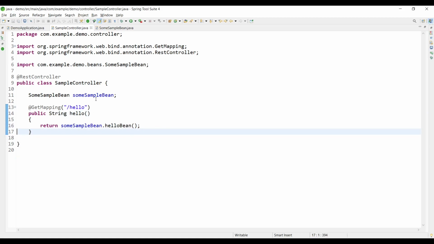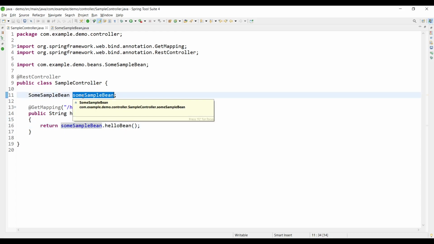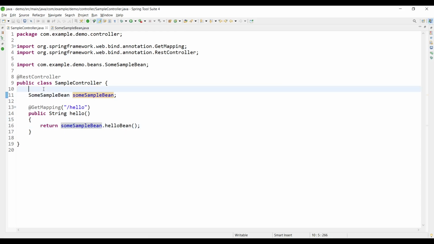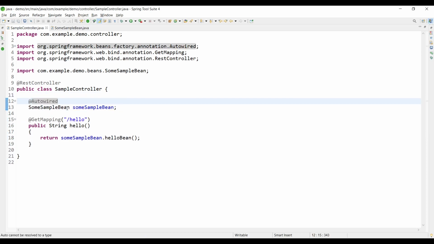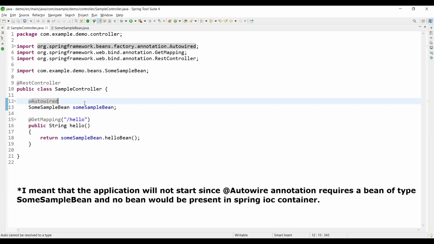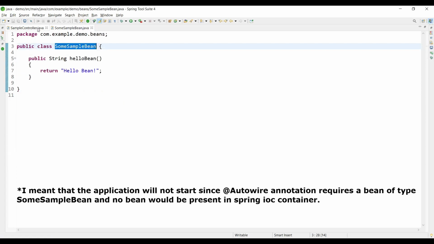So here you go, as simple as that. We're just calling this method. But right now if we run this, we'll get a null pointer exception because this is null. This has not been initialized. One way to do it is using autowiring. So we have autowired it, but will we have anything? Right now if we run this, we'll also get a null pointer exception because Spring doesn't know that there is a class of sample bean and that it has to create a bean or an object of this type.